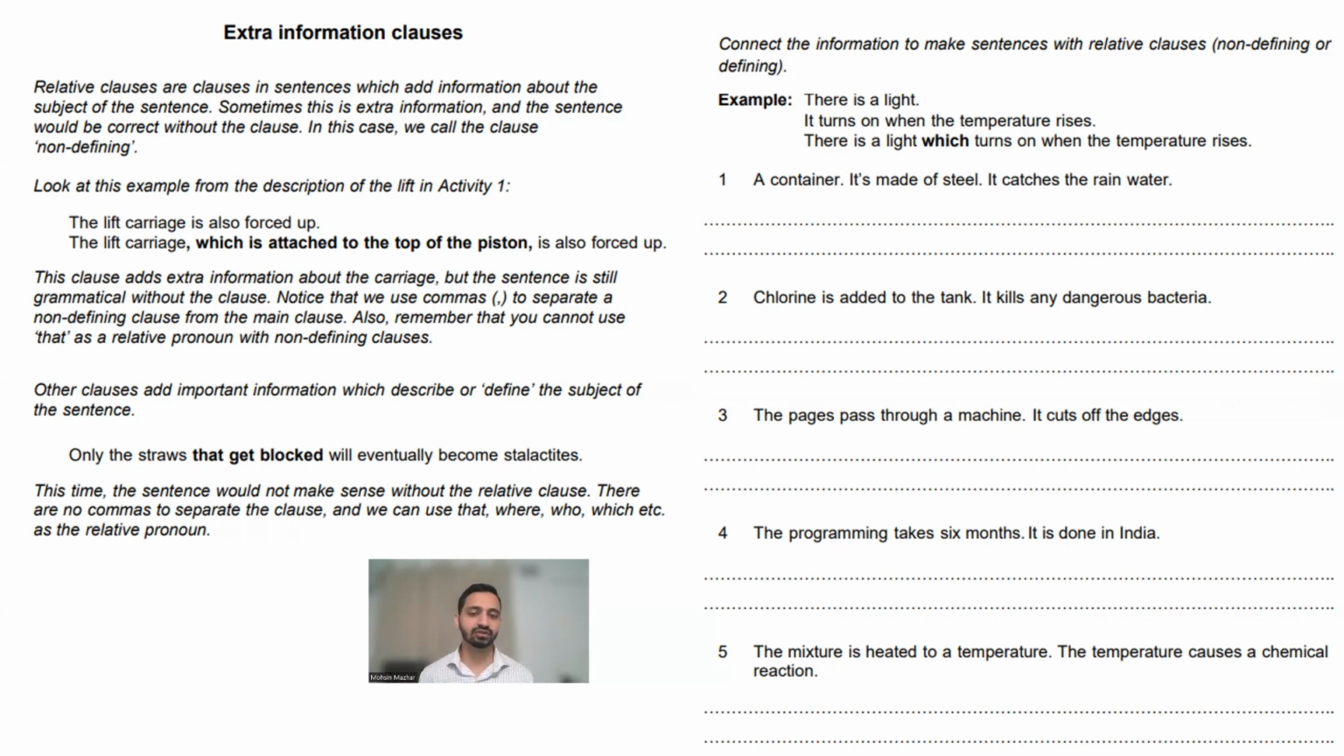Is it defining or non-defining? Is this information essential or non-essential? Let's just find out. This clause adds extra information about the carriage, but the sentence is grammatical without the clause. It's grammatically correct. If you didn't add "which is attached to the top of the piston," that's grammatically correct,